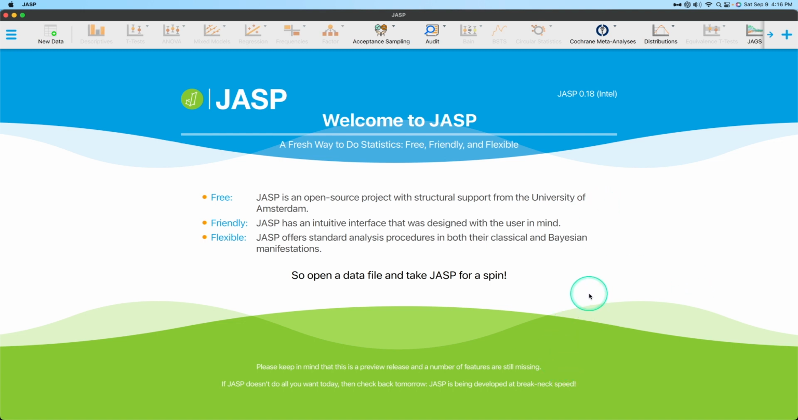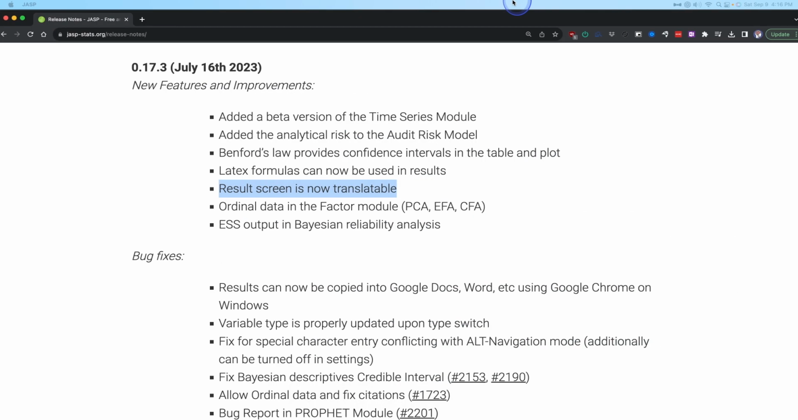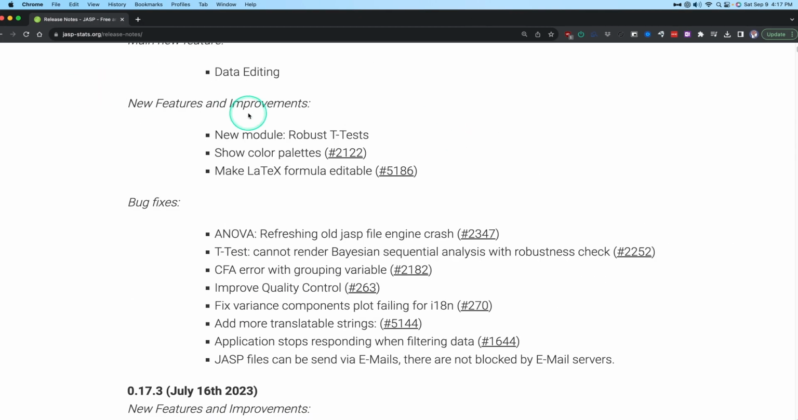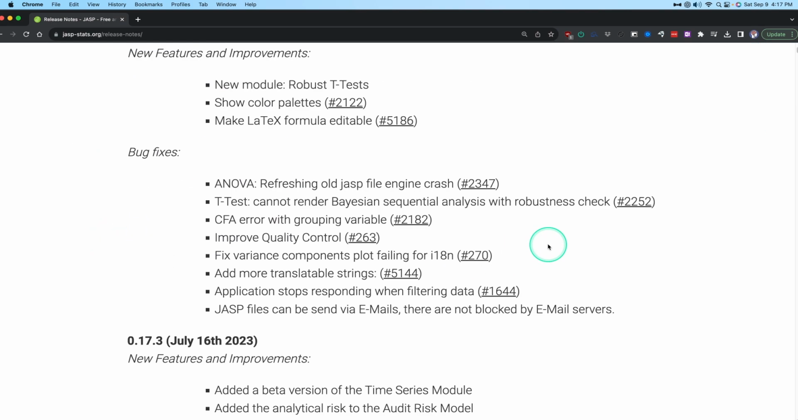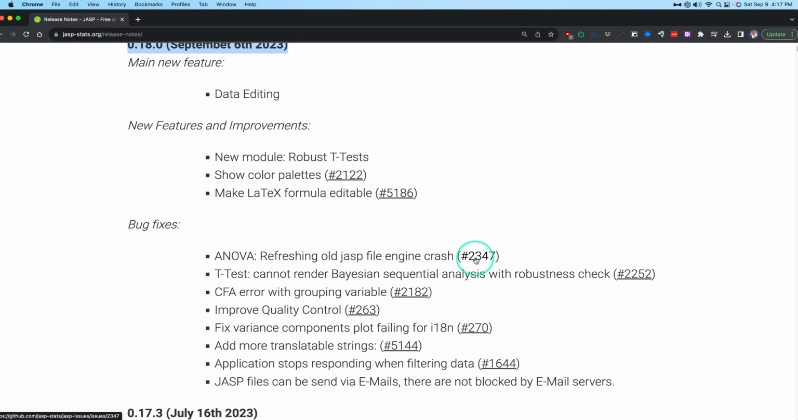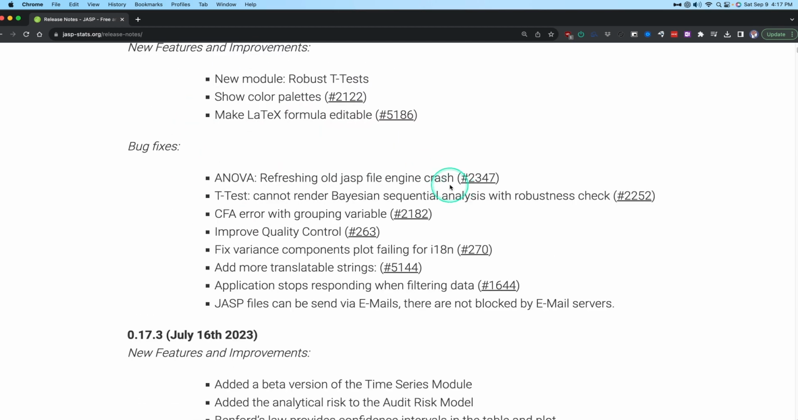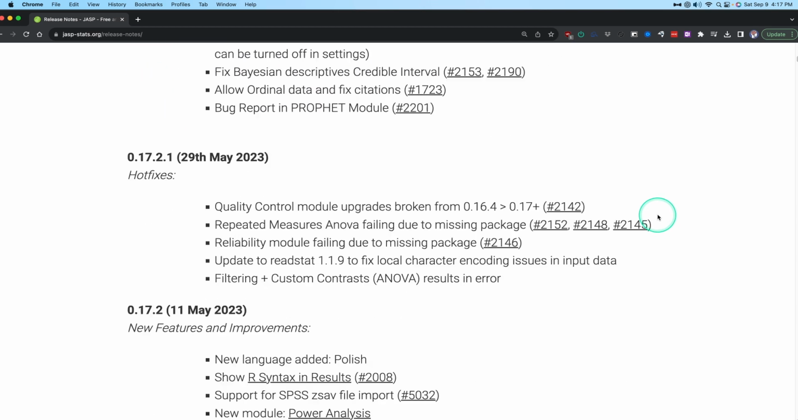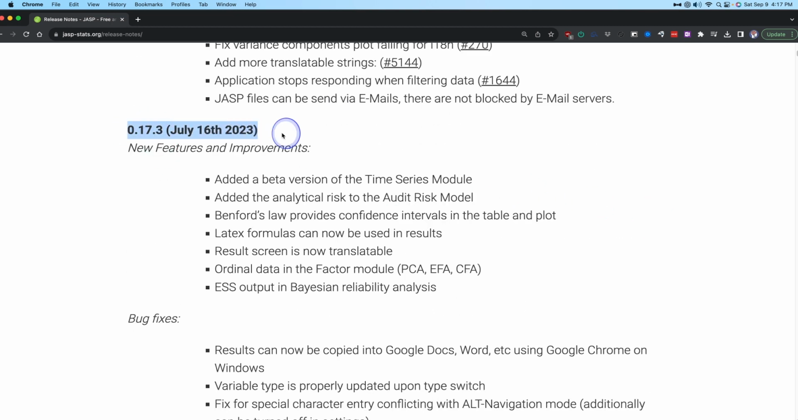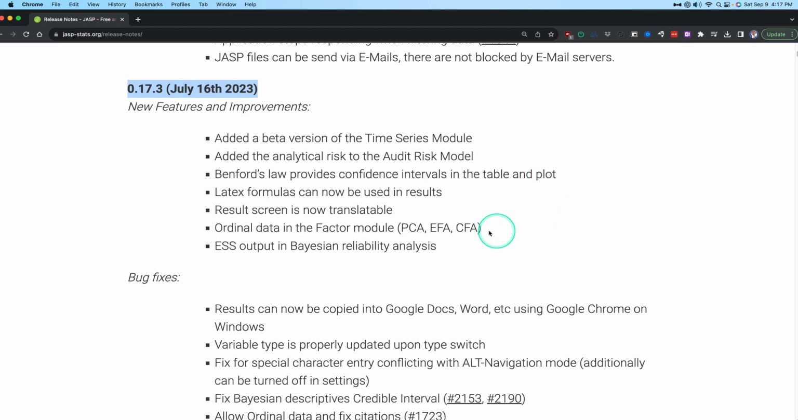I just want this one to be a quick JASP video and show you a new feature in what was not the most recent release. The most recent release is 0.18.0. Lots of bug fixes and new features, but also the main new feature of data editing, but there are a couple of other new features. But I actually want to tell you about the change in 0.17.3, which came out in mid-July, which is result